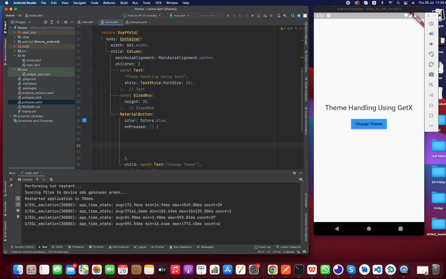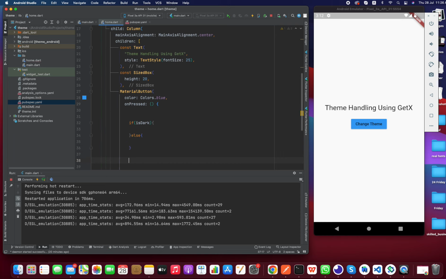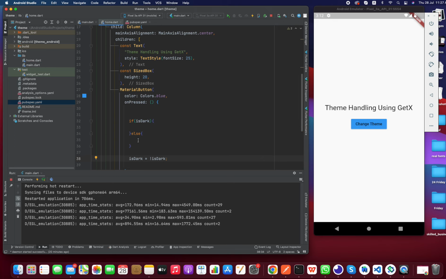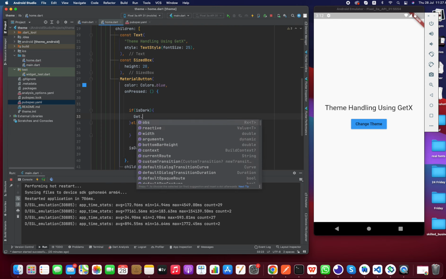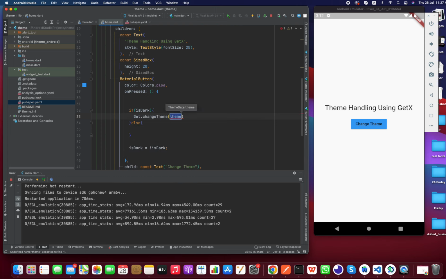First of all, if isDark, this means if we are already in the dark mode, then we have to switch to the light, but if we are in light we have to switch it to the dark, right? And then we have to convert the value: isDark equals the negation of the isDark current value. So basically this is the logic that we have to implement, and over here we have to do the actual magic. I'm going to call Get.changeTheme. This is the method that get provides us, and it accepts theme data,